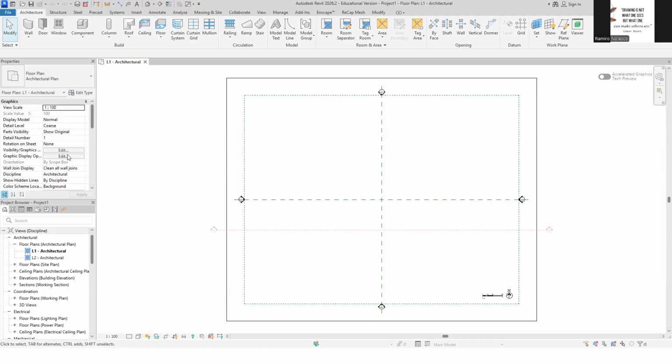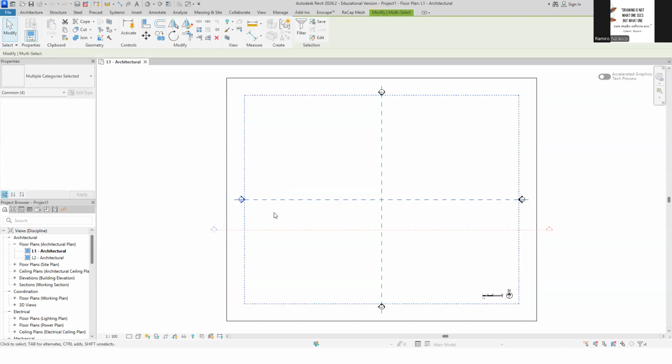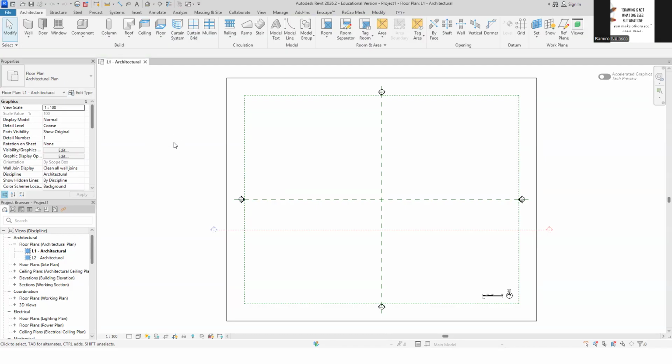And there are different items that you can manipulate or control. So for a floor plan, these are the items that you can control. If you select several items of different family, it will not show because there are no commonalities between the two in terms of properties. Okay, so you click outside. Down here is the project browser. Okay, so project browser and then the properties.